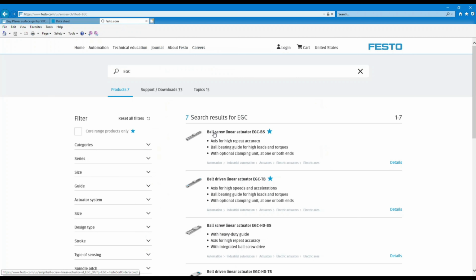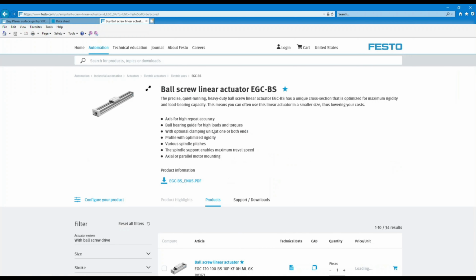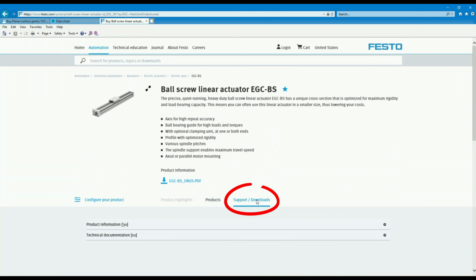We've got different variants here. We've got the EGC ball screw, the tooth belt. We have an HD version of the EGC, and it also comes in ball screw and tooth belt variants. But I'm going to click on what our respective configuration is here, the ball screw. So here it's going to bring up the main page for this product, and I'm going to go right over to support downloads. Now we don't have to configure an exact size or stroke here, because all we're really trying to do is get to the documentation, the user manual for this actuator. So I'm going to click support downloads, and then it'll bring up this area here, product information,